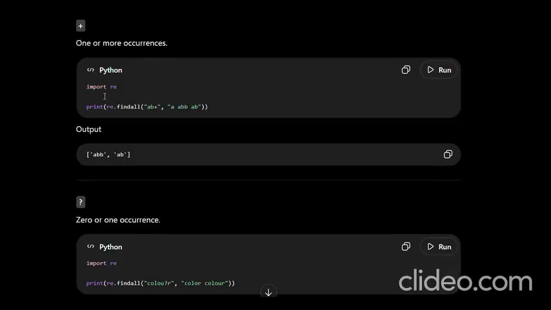Then we have import re, print re.findall with ab plus. What will it return? If ab is present, it will store it in the list. Then if ab is followed by any number of additional b's, that will also be returned. So abb is the